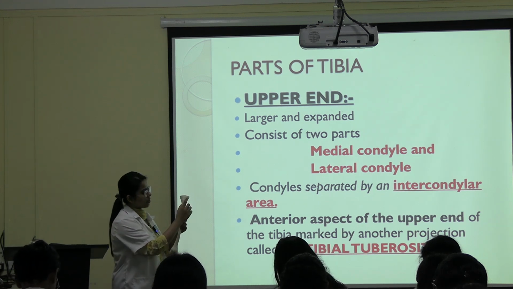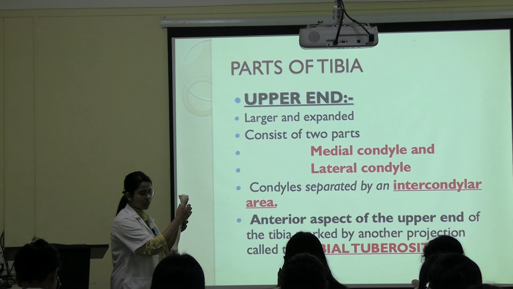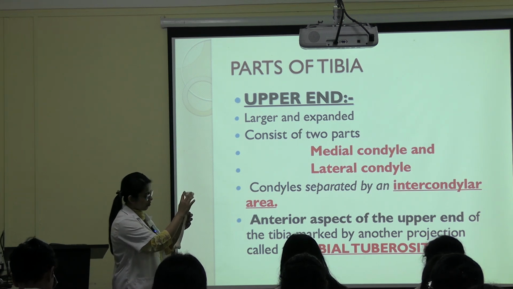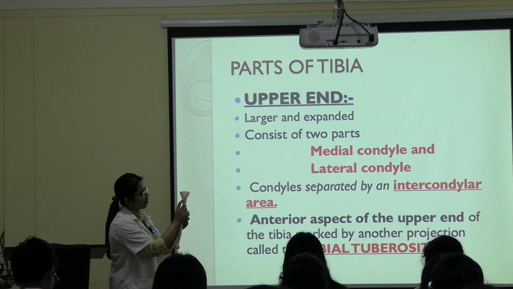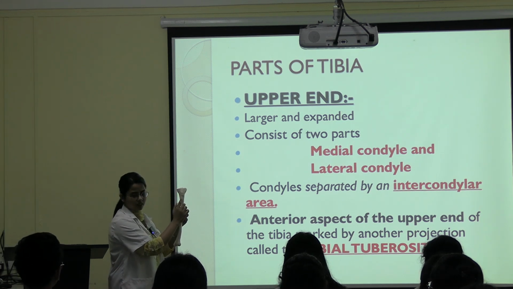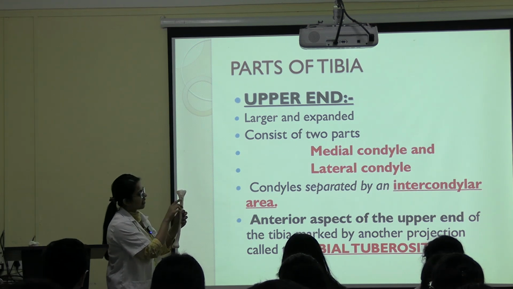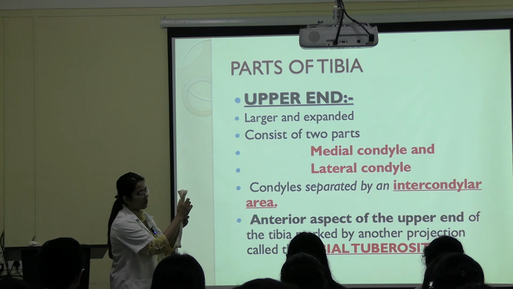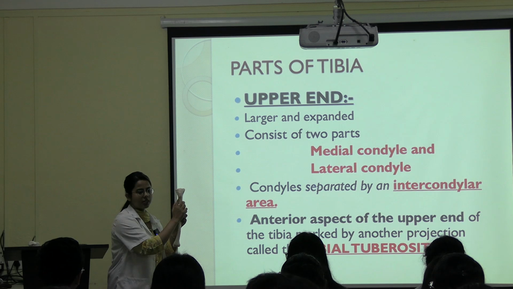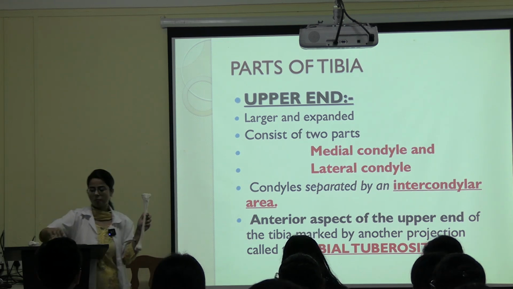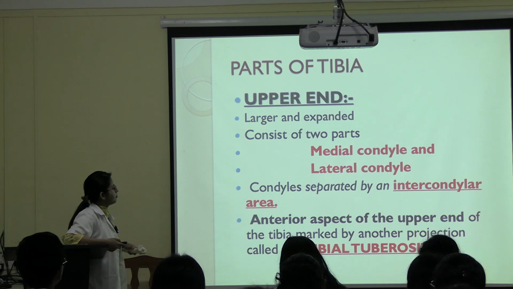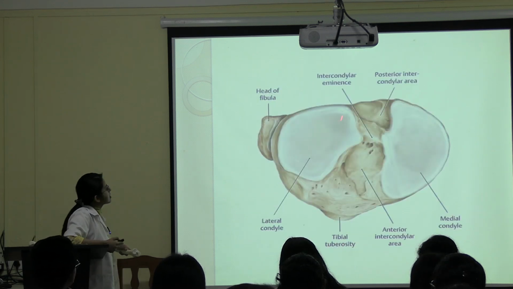Now this is what surface? Anterior surface. The anterior surface of both medial condyle and lateral condyle will join together to form a triangular area. What is this area known as? Tibial tuberosity. Yes, tibial tuberosity. You can see the apex is directed downwards. Okay, this is the smooth upper part, and this is the rough part, which is the tibial tuberosity. Clear? See, this is the intercondylar area, this is the intercondylar eminence, and it's not shown in the picture correctly. This is the intercondylar tubercles. Clear?